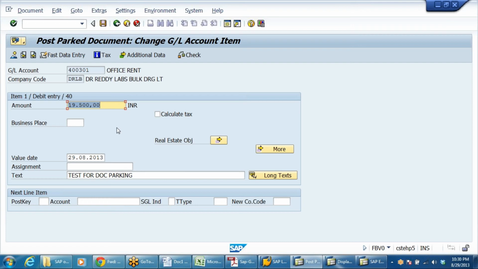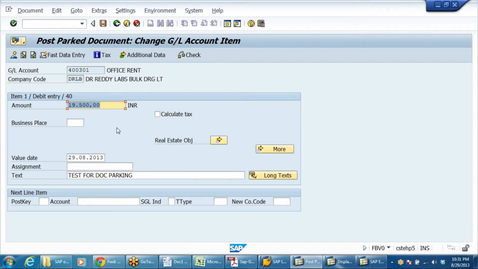So what he will do is, generally the bills, whatever the accountant gets, whether telephone bills or any bill, on the top of the bill he passes the entry. On the top of the bill he will write the number that is generated in SAP, and those bills will be sent to the accounts officer.